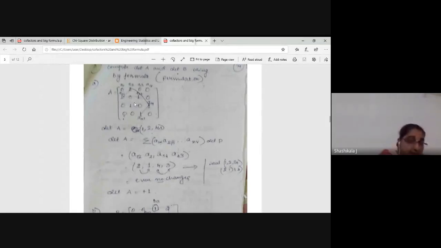Now, what might be the other combination? I have not written it here, but I am telling what the other combination is. A12: first time I have chosen this, second time I will choose this. If I choose this and this row, I can't choose this element. The third element is either this or this, and anyhow I will have to choose this element, so obviously I will get 0. That's why here it is a unique combination. Whatever may be this sigma, you will get only this combination.